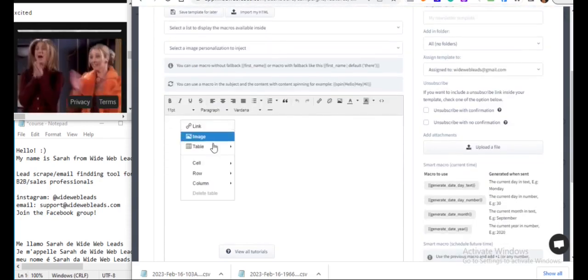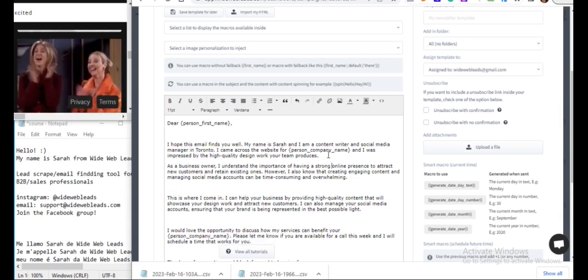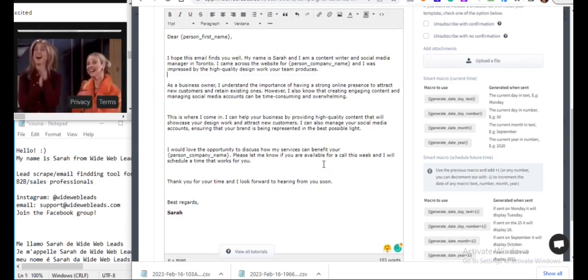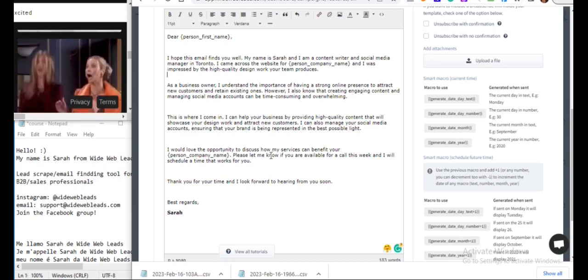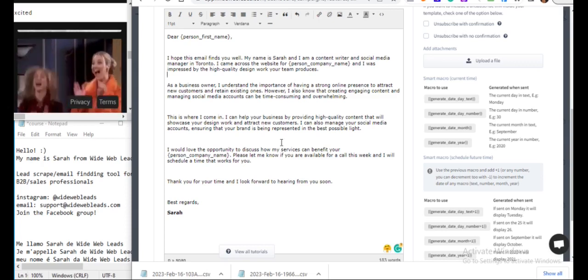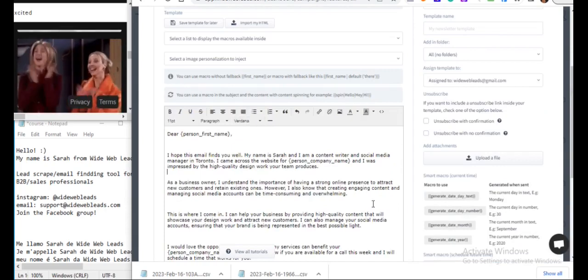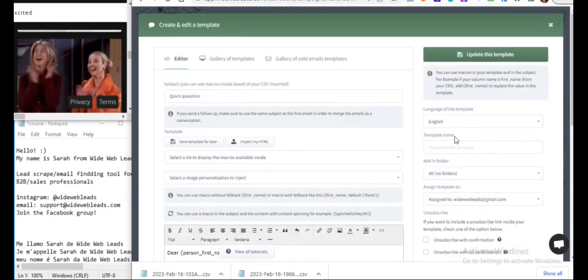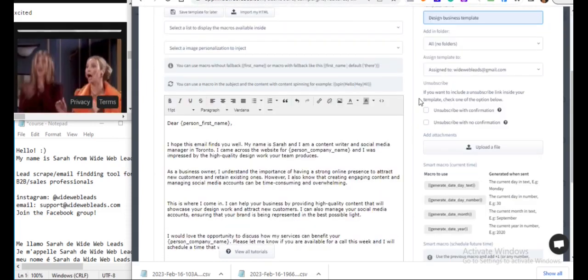I'm going to paste in the email, and it's a fairly short email. I think it's only about 6 sentences, really not much, or 8 sentences. So it's not long at all, but if you want to make it shorter, you definitely can. And this template name is Design Business Template. That's what I'll name it.